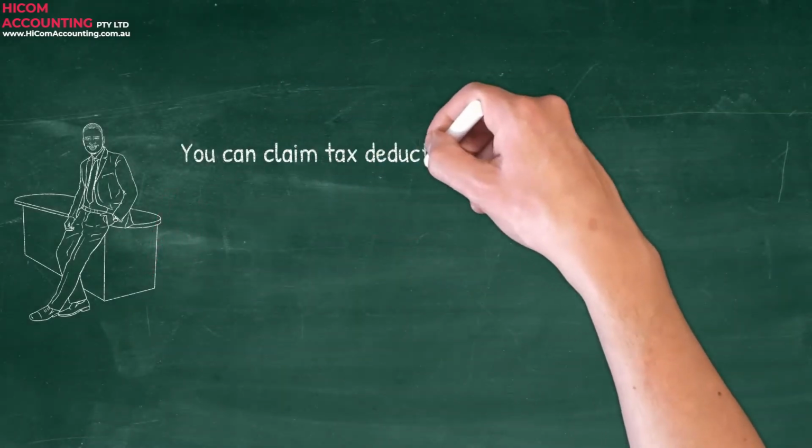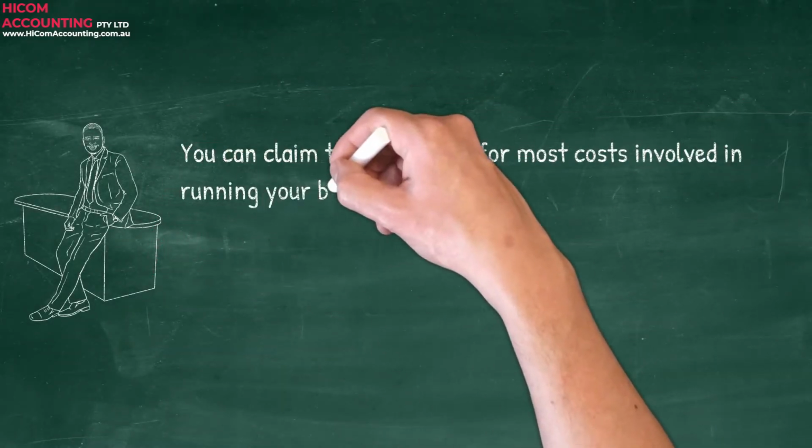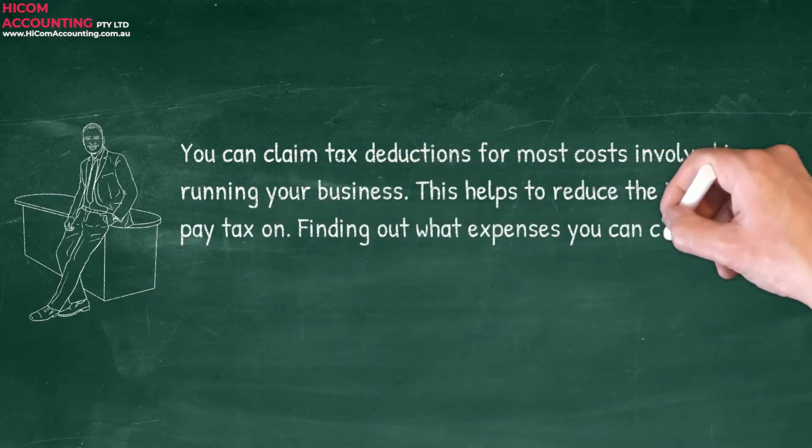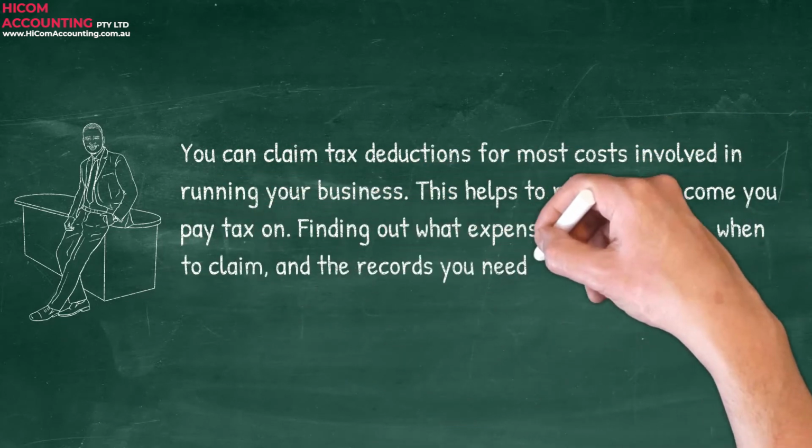You can claim tax deductions for most costs involved in running your business. This helps to reduce the income you pay tax on. Finding out what expenses you can claim, when to claim, and the records you need to keep is important to